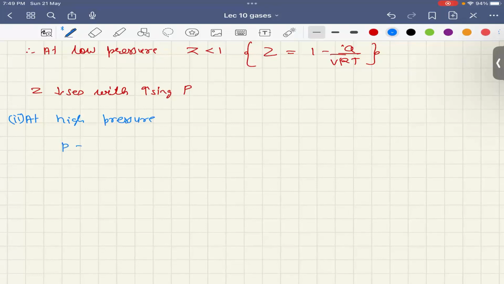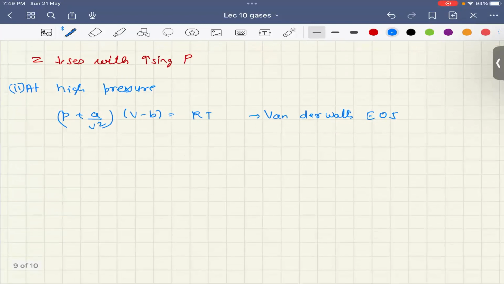So the equation for 1 mole we have is (P + a/V²) multiplied by (V − b) is equal to RT. This is nothing but the Van der Waals equation. So at high pressure, what we can say is